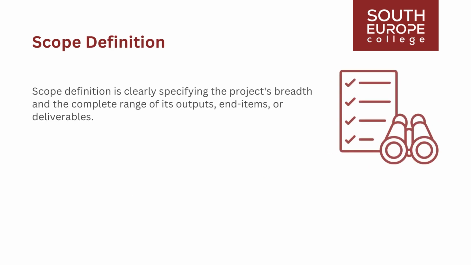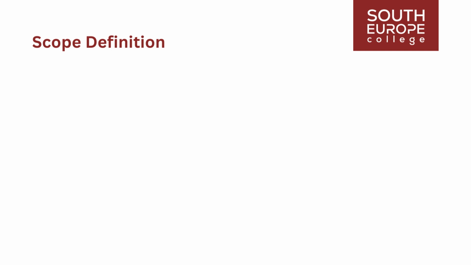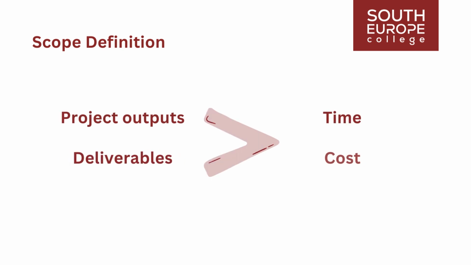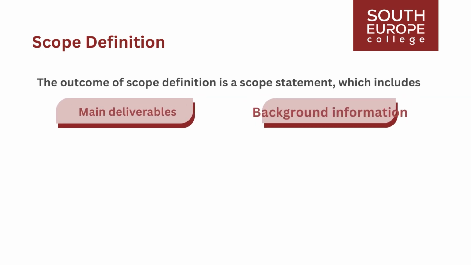Scope definition is clearly specifying the project's breadth and the complete range of its outputs, end items, or deliverables. The sought-after requirements and results are termed inclusions, representing what should be included in the project. Scope definition primarily focuses on project outputs and deliverables rather than time and cost, though time and cost are acknowledged as constraints. The outcome of scope definition is a scope statement, which includes main deliverables, background information about the addressed